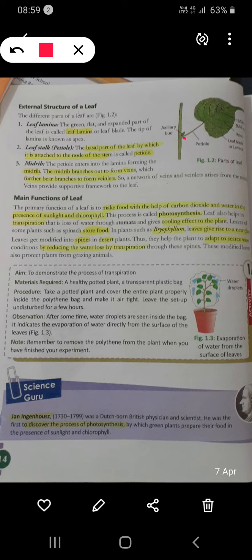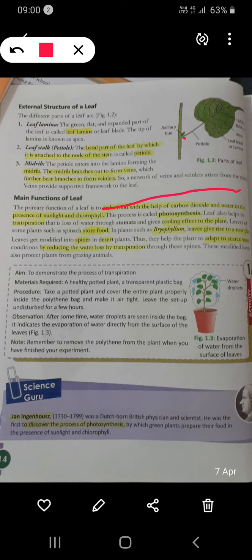Okay student. Now let us discuss some important work of leaf, that is called main function of leaf. It makes food with the help of carbon dioxide and water in the presence of sunlight and chlorophyll. We know leaf prepares food. So for preparing food, it needs some raw materials, which is carbon dioxide gas, and it needs water. And as we cook food at our home, we need some fuel. So as a fuel, it needs sunlight, and the most important part